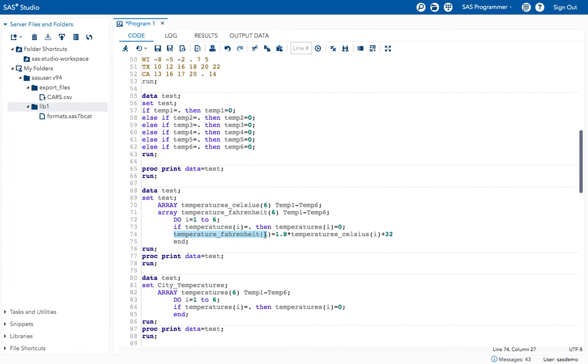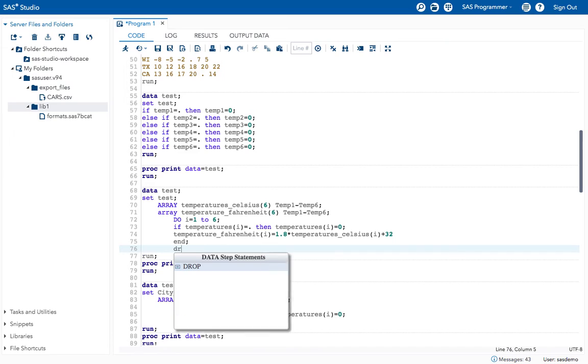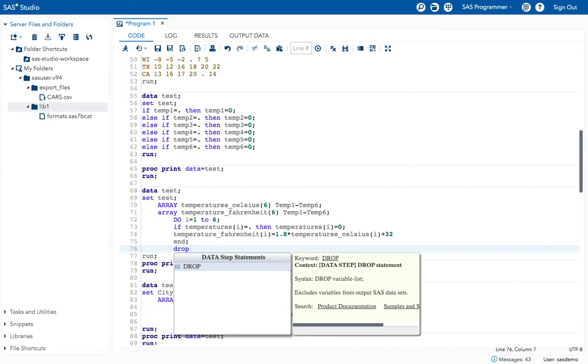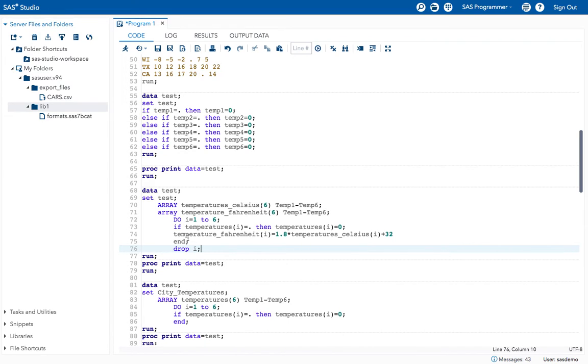For each variable, when I equals 1, it converts the temp 1, and then it creates the new Fahrenheit value, temperature Fahrenheit 1 for temp 1. Let's execute this program. If you want to drop I after that, you can drop it by using the drop option I. Now execute the program.